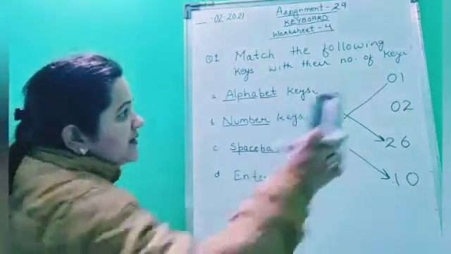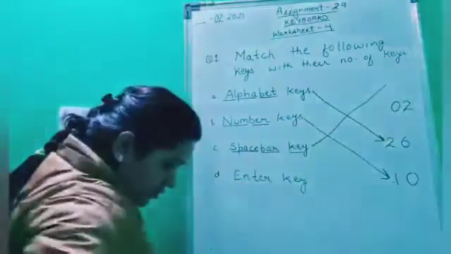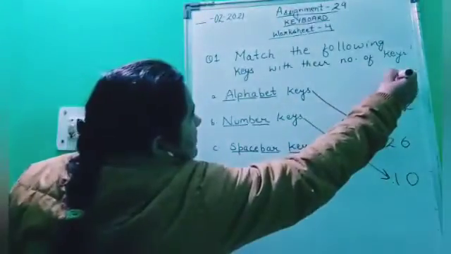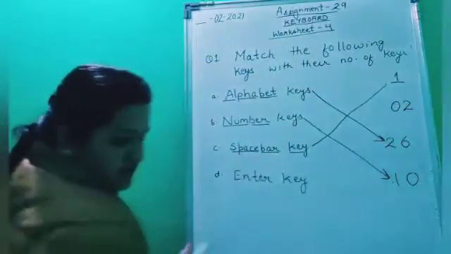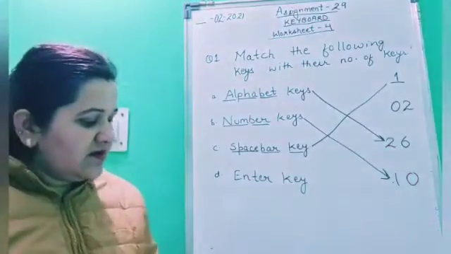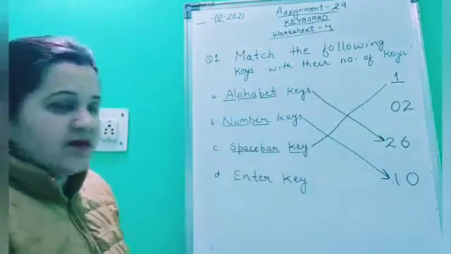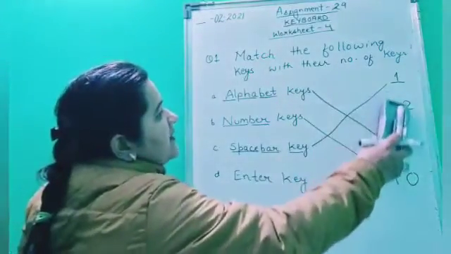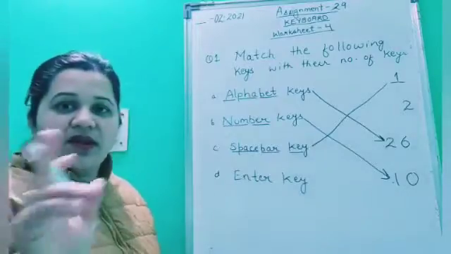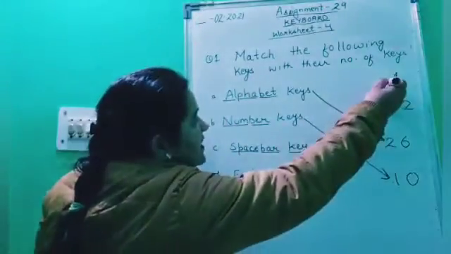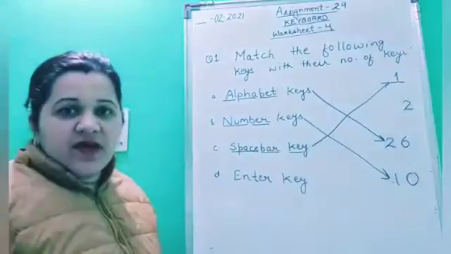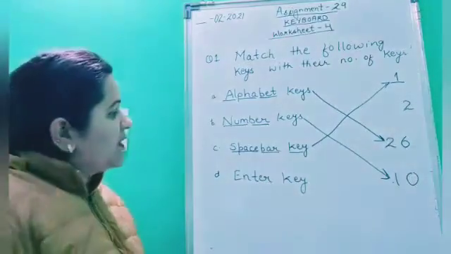Okay, so you will not get confused, I am just writing here 1 only. How many keys are present here? Only 1. How many spacebar keys are there? Only 1. So we will match spacebar key with 1 over here. Okay children. Now next comes